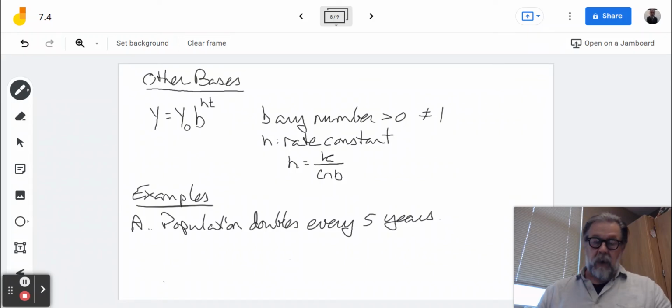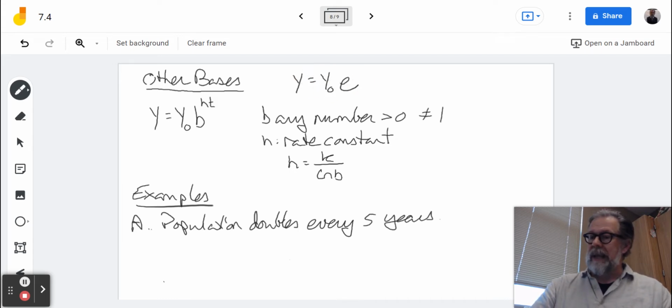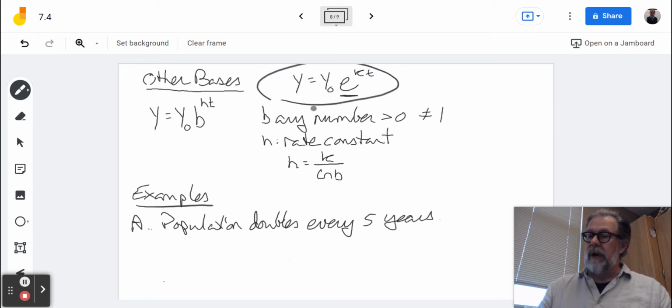All right, welcome back to our conversation of exponential growth. So far we've been looking at equations of the form y equals y sub naught e to the kt. K is a growth or a decay constant. We've looked specifically at e because it naturally falls out of the derivation of the equation where we did